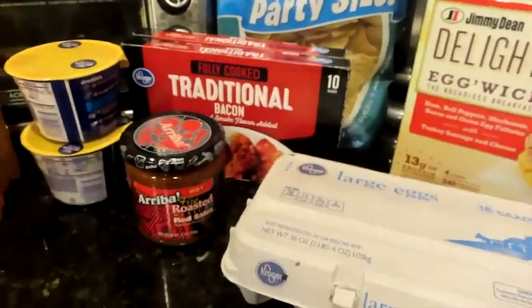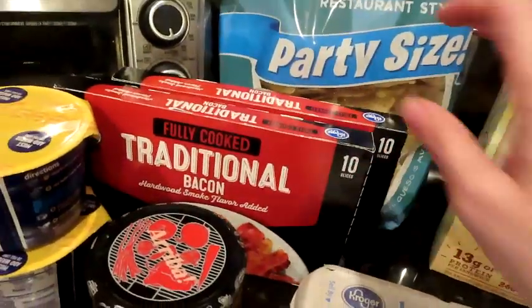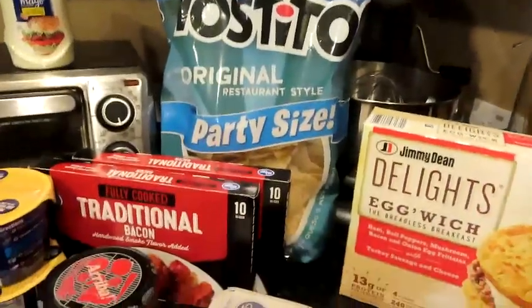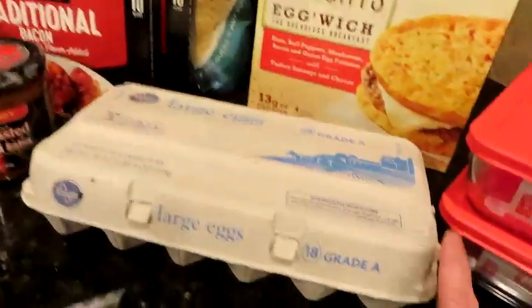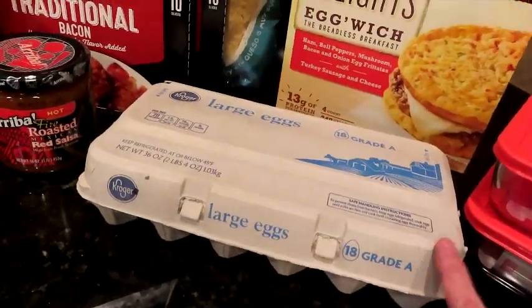But I just got this to make some chaffle BLTs this week because I've been loving those. Those Tostitos, I'm going to make keto queso, but everybody here will be eating it with this. That's the one that Nicole Burgess makes. I did get some more eggs just because it's Thanksgiving this week and they were on sale for $1 for